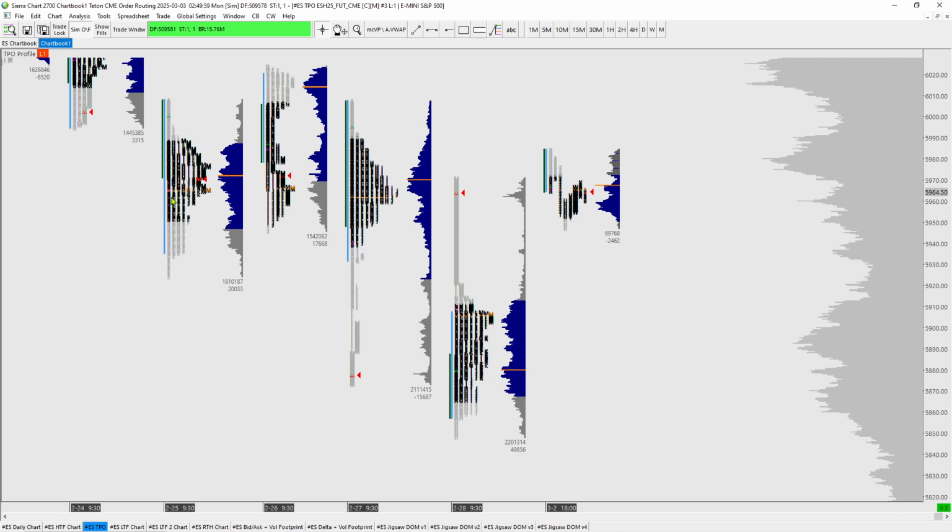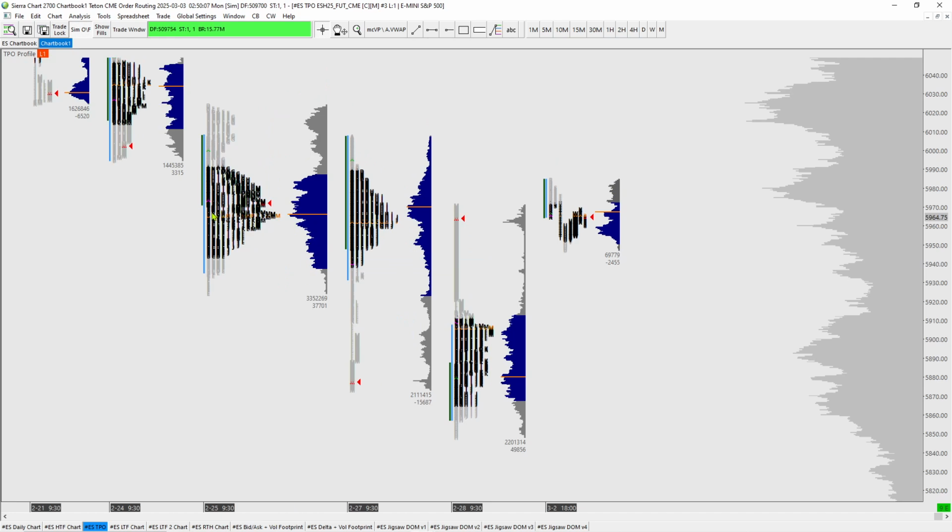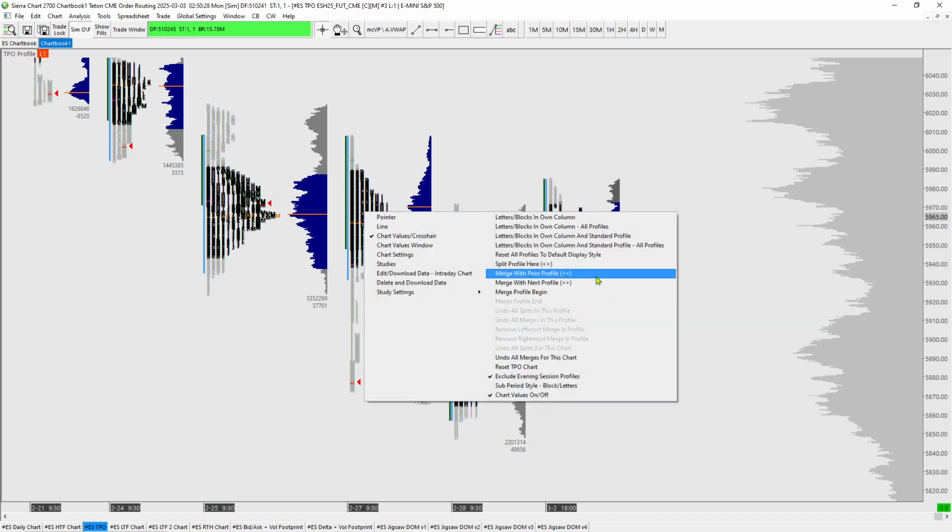You can see there's overlapping value on the 25th, 26th, and 27th. So these 2 days, 25 and 26, there was overlapping value. So I'll turn that into like one profile, one day. And the following day, there was overlapping value as well. They were trying to keep it balanced. And near the end of the day, they had a sell-off, which closed it down here. So that's enough overlapping value for me to also merge this day.